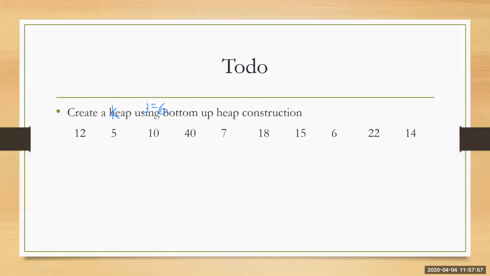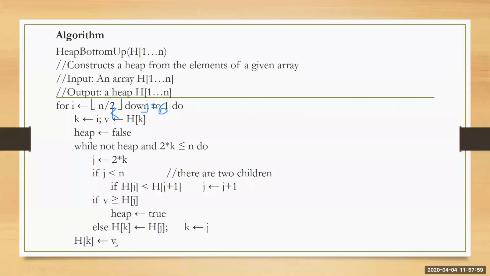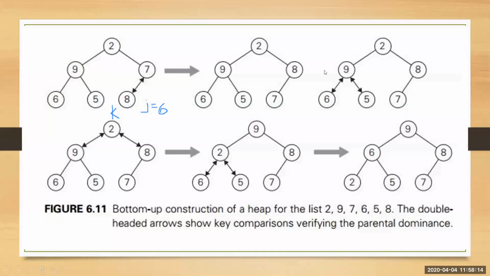Okay. Now what happens in the second iteration? So this statement is executed, and once again it goes to the for loop. Why? For i is equal to... That means it takes the next parental node. The next parental node is this 9. 9 is the next parental node. Now 9 is considered as k.